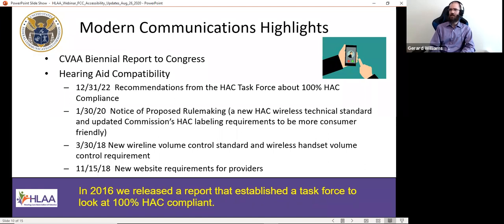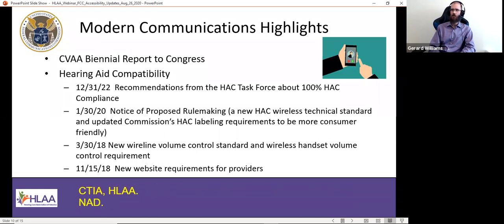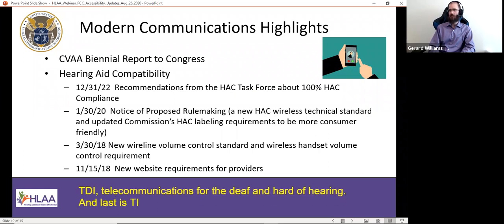That is being led by the Alliance for Telecommunications Industry Solutions, ATIS. And there are 6 participants on that task force: CCA, the Competitive Carriers Association, CTIA, HLAA, NAD, TDI, the Telecommunications for the Deaf and Hard of Hearing, and last is TIA, the Telecommunications Industry Association.